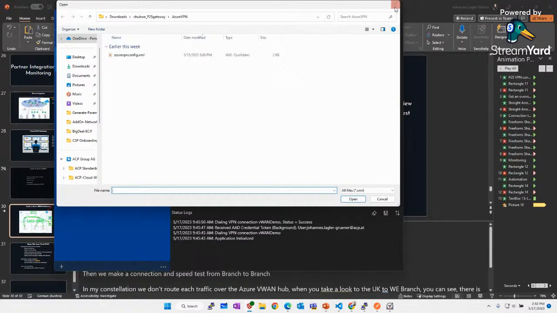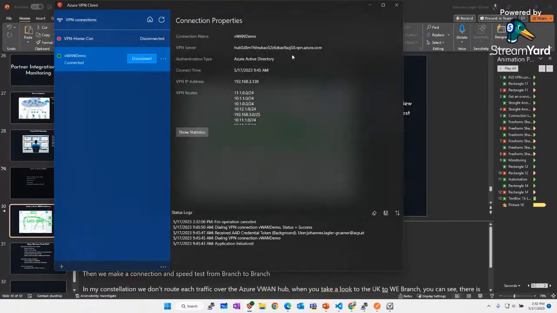When you provision a point-to-site VPN gateway, at the end you can choose the authentication method, and then you can download your configuration file. In my case, you can see I have Azure Active Directory integration chosen as the authentication type. And this is really interesting.